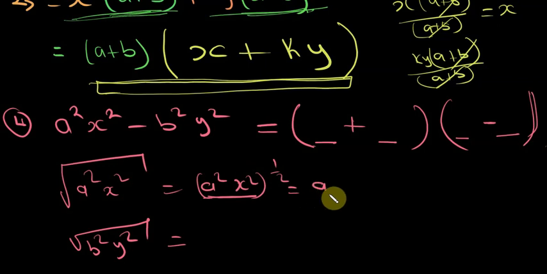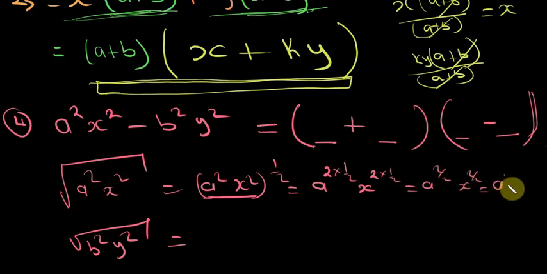So this becomes a to the power 2 multiplied by 1 over 2, x to the power 2 multiplied by 1 over 2, which is a to the power 2 over 2, and x to the power 2 over 2, which is a to the power 1, x to the power 1. Eventually we have ax. Okay, so put ax here